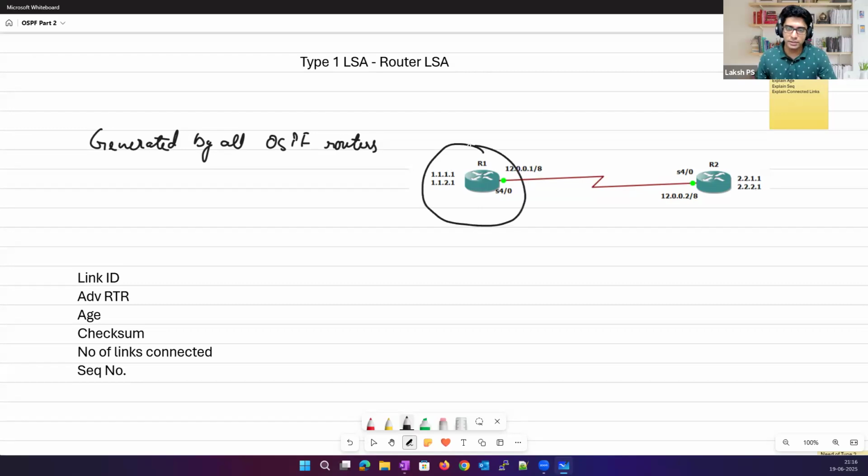Let's check from R1's perspective what the content of the LSA is. If you just write the command show ip ospf database, you would get the different types of LSAs in the network, including the router LSA. In the router LSA, these are the contents that you will mainly find. Link ID is basically nothing but the router ID itself, and the advertising router is the router advertising this particular LSA. In this case, R1 is the